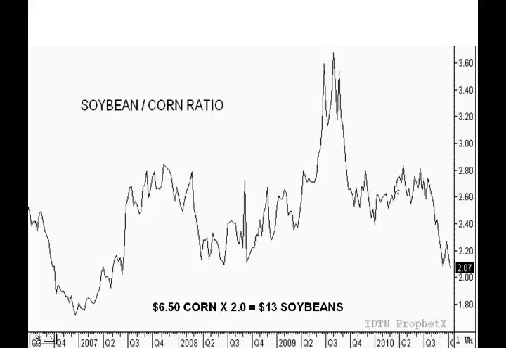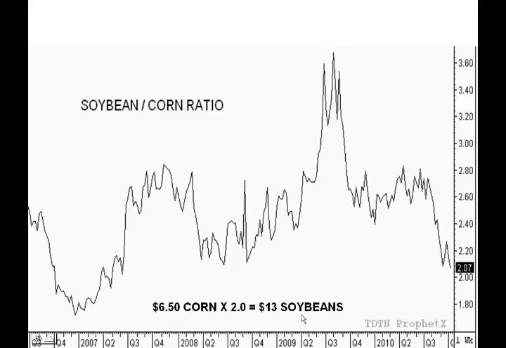Best job I can do right now on these beans is simply saying, well, the soybean-corn ratio, in other words, the fight for acres. As you can see here from this past year or so, it's been trading on the low end of about 2. The high end, in fact, this is during the 09 period here, is about I believe that's 3.6 up here. So let's keep this simple and look at the past year or so. 2.8 is the high end of the past year. If we know our 6.5 is a projection for corn, that means possible $13